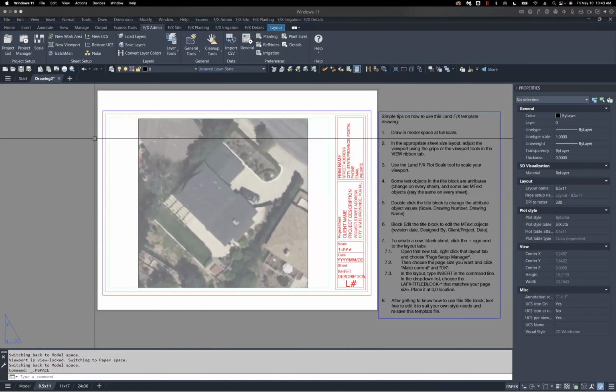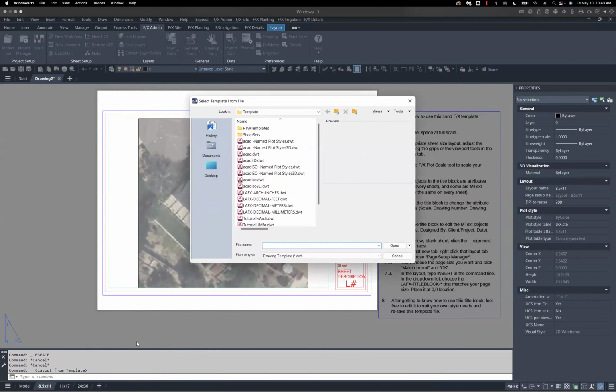But before we move forward in that sense, let's say I wanted to do a front yard and a backyard. It's really easy. I could duplicate this sheet here, or I could use this plus button to create a new one. Or I can even right click on the new plus button and I can select to open a new one from a template. So if I wanted another 8.5 by 11 to match, I could do it that way.